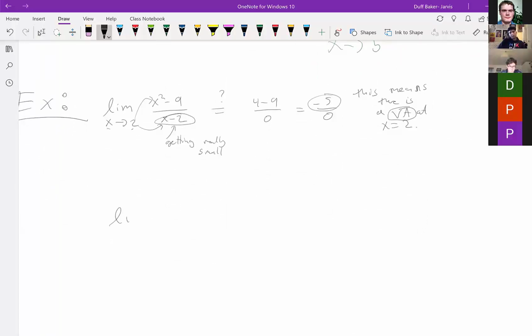Well, the way I like to think about it is I would factor the top. You actually don't have to do this here, but in general, I think it makes it easier. X minus 3. And I say, so this isn't technically correct, so I'm going to put this equality in quotes, but what I'm going to do is